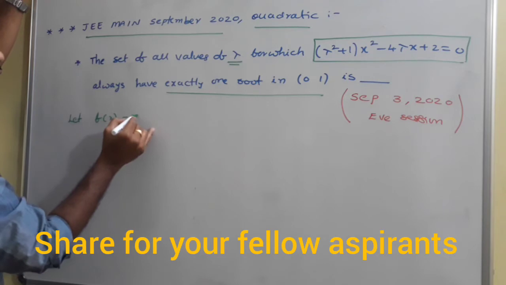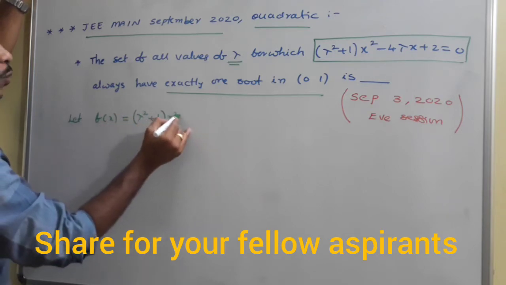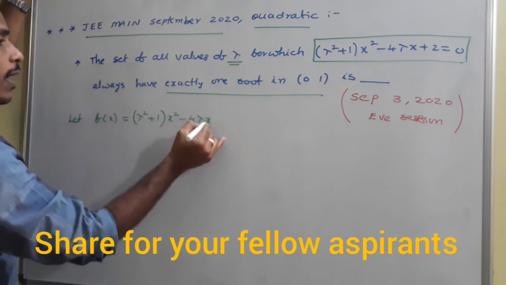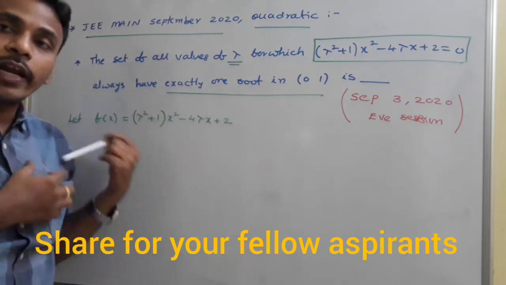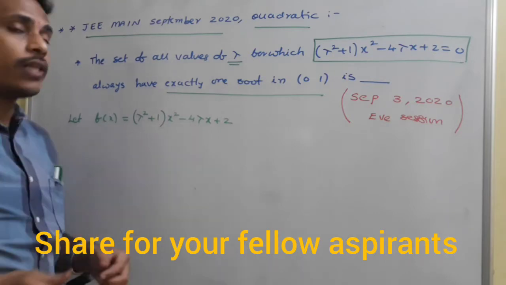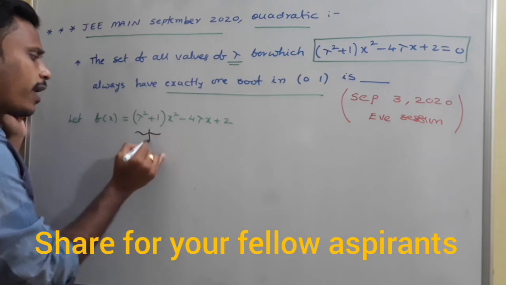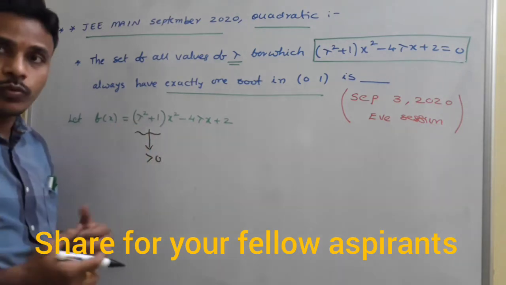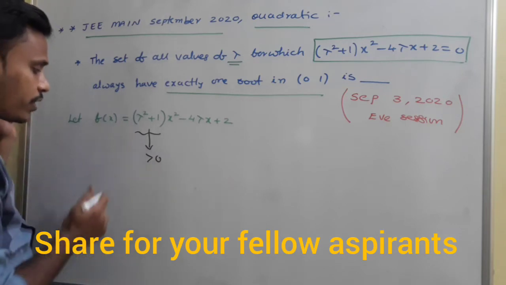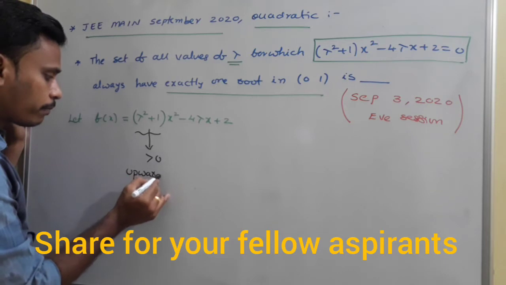First of all, to answer the problem, you need to let the given equation be an expression. So f of x is equal to (lambda square plus 1) x square minus 4 lambda x plus 2. Let us treat the given expression as this. Now try to sketch the graph of this so that it has exactly one root. When you look at the coefficient of x square, lambda square plus 1 is always greater than 0. Lambda square plus 1 is a positive quantity. Since it is greater than 0, the graph is an upward parabola.